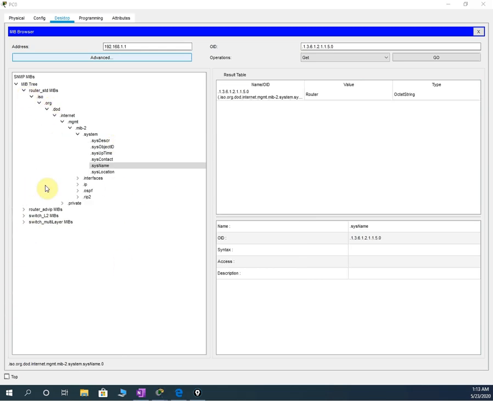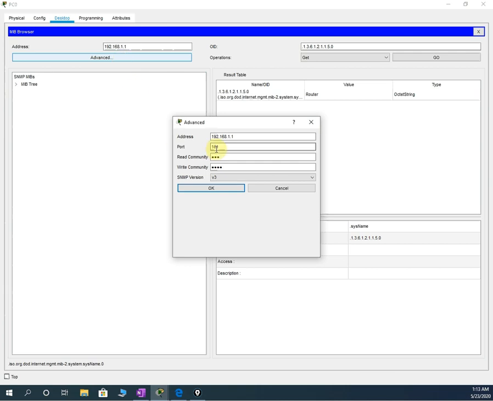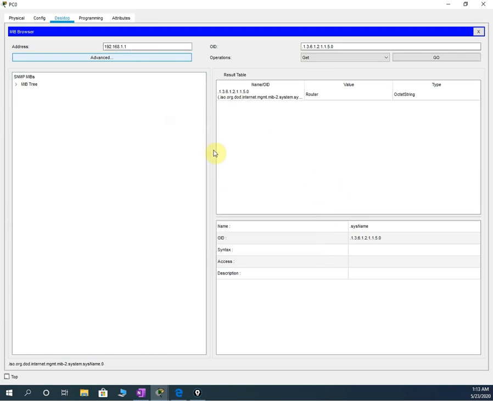Let me tell you. First of all, we need to add the interface of the router which we configured. So I will put that IP address and click connect, then it will ask for the read community and write community. Whatever password we gave, we need to write. I gave ABC, so I wrote ABC here. This is ABC1, and we write which version we need to use and press OK. So it will interconnect. Then we press here and we will have the first one. We select this, go inside, and in this tree, if we go to system, we have the system name.